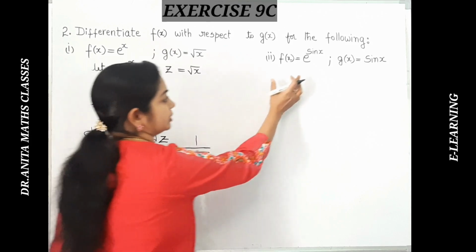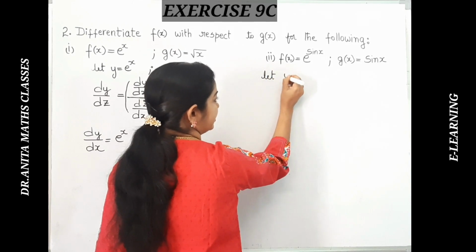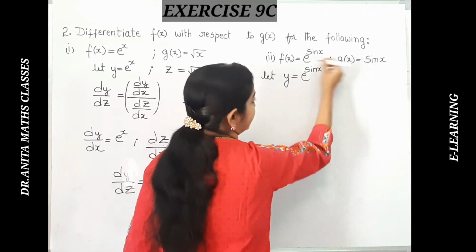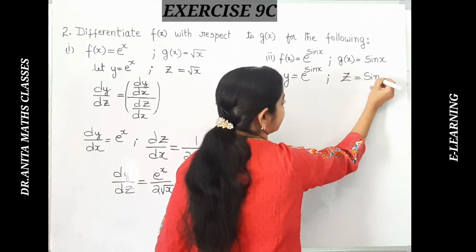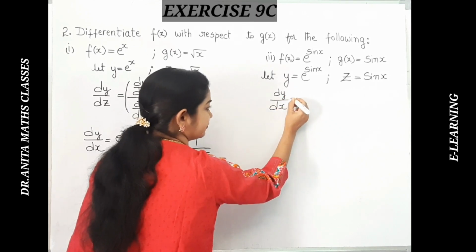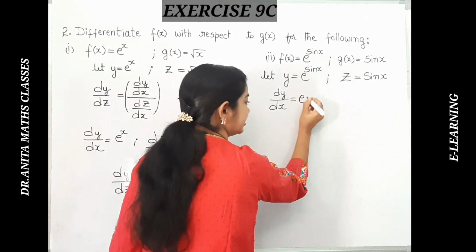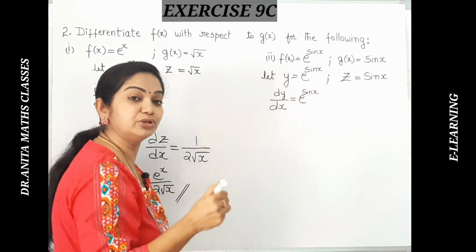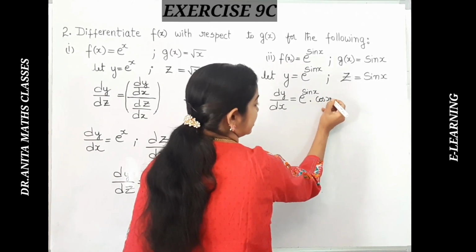Now moving on to the next sum here. Let us suppose the same thing. Let the first function be some y. Since x is already used here, I am supposing the second function as z. So what do we do first? We find the differentiation with respect to x of the first function, e raised to the power of sin x. Differentiation of e raised to the power of sin x is e raised to the power of sin x only, but here, instead of x, we have sin x. We need to use the chain rule, that is the differentiation of sin x, that is cos x.